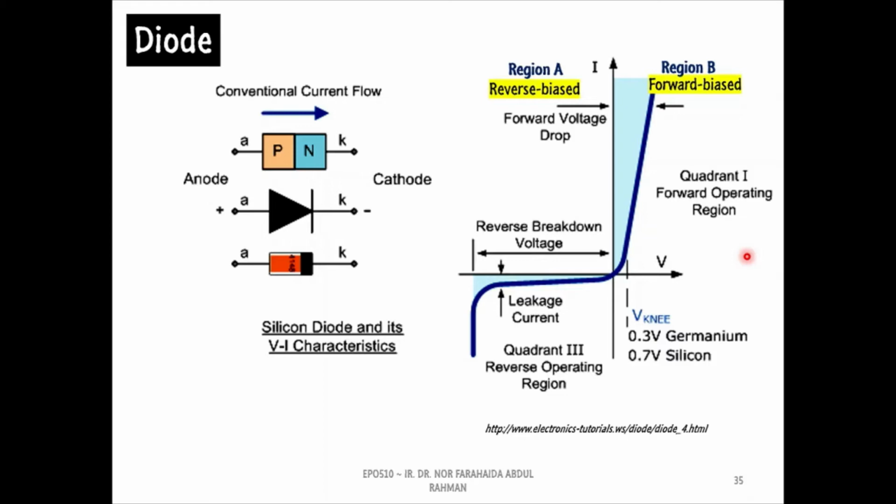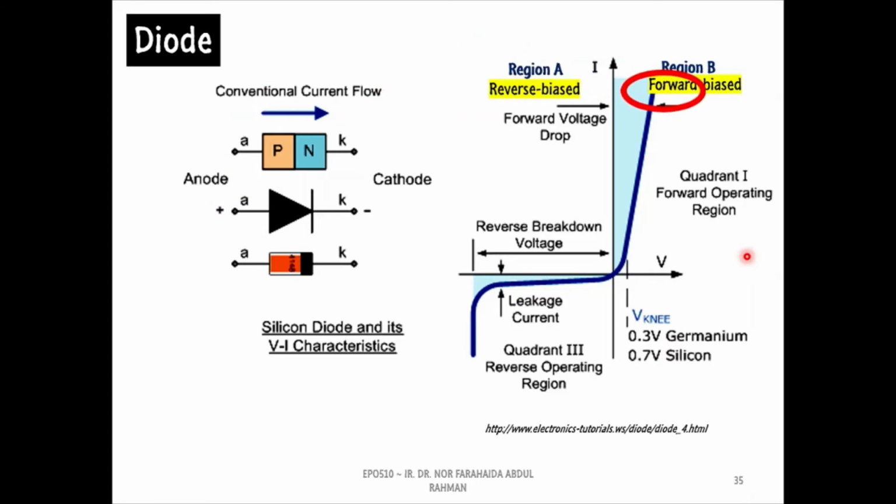Unlike other power switches covered in this topic, diodes are uncontrollable devices. Thus, we cannot control their operation. A diode will switch from off state to on state and vice versa depends on the nature of the current flow in electrical circuits. If the current flows toward the anode terminal, the diode is in forward bias and it